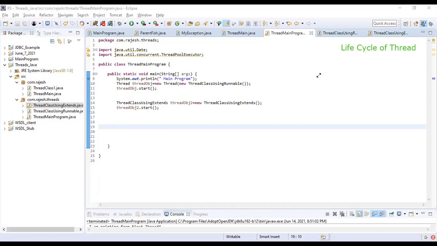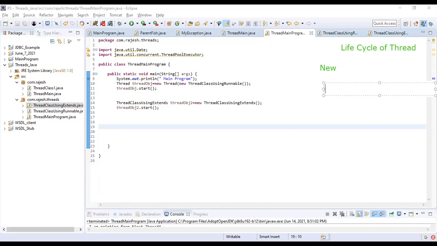First, a thread enters into a new state, where the thread is first created. The thread life cycle is how the thread usually goes through: what is the starting point, how it executes, and what is the ending point.